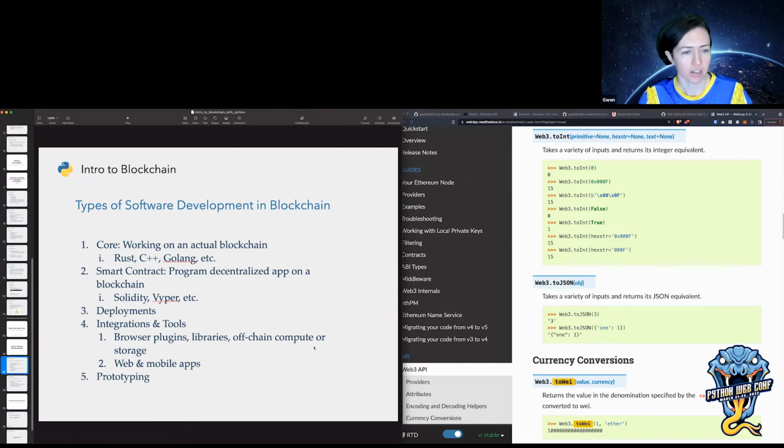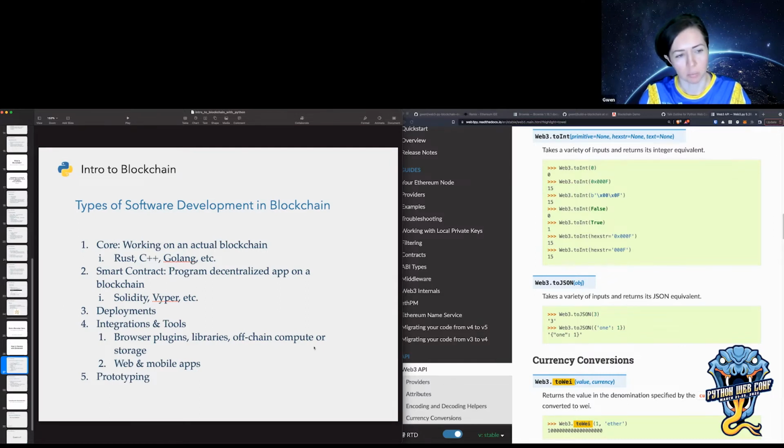Yeah, so that's smart contract development, and that's actually putting smart contracts on the blockchain. I'm going to show a couple in a second. So that's actually the code that runs on the blockchain. But even if you're creating smart contracts, a lot of the coding that you'll do is actually in the deployments. So when you're building smart contracts, you need to have deployment scripts and a testing environment,